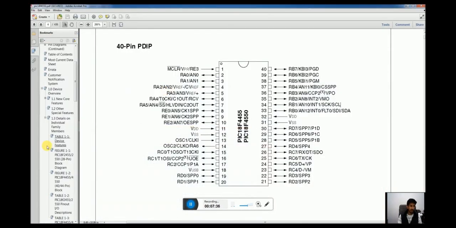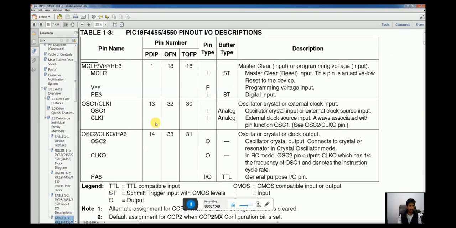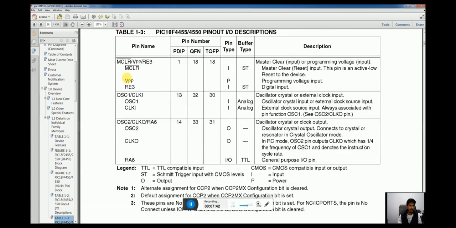Let's move on to table 1.3 in your data sheet that lists all the functions associated with each pin of the PIC18F4550 microcontroller. Pin 1 has a label of MCLR/VPP/RE3 here.